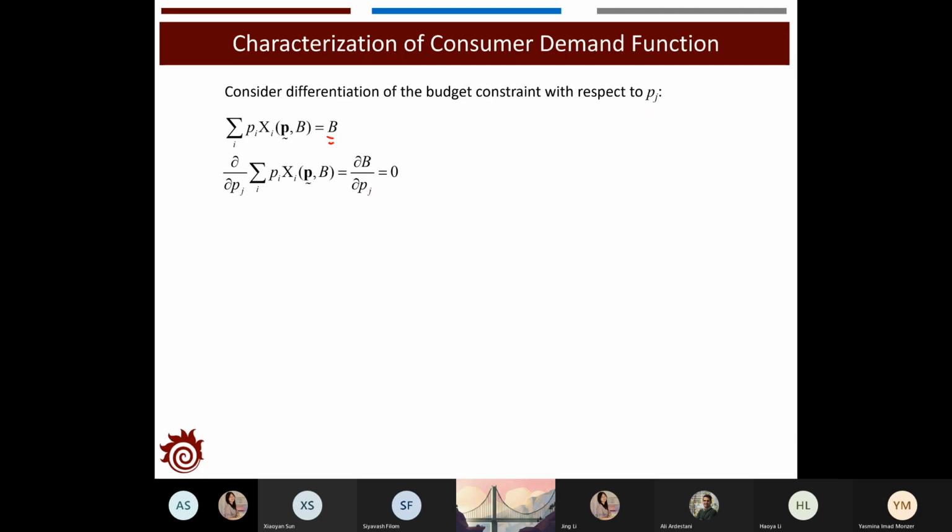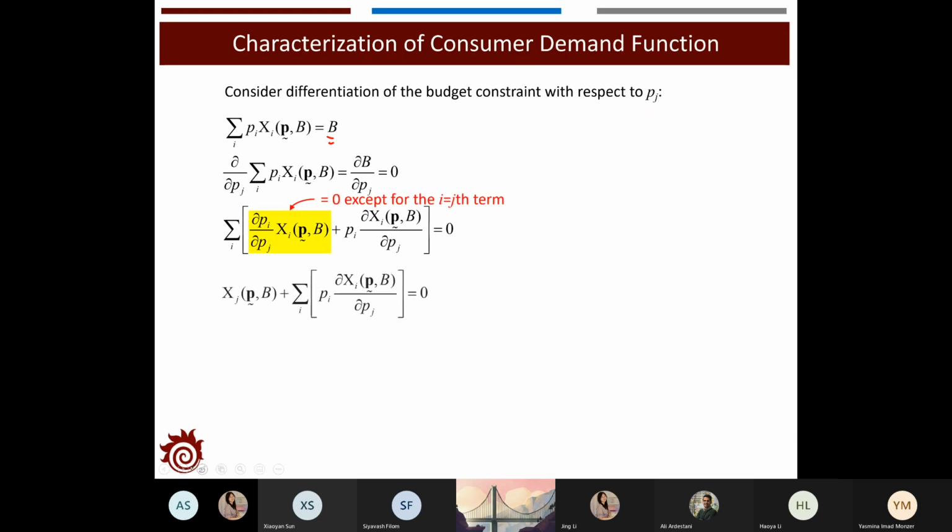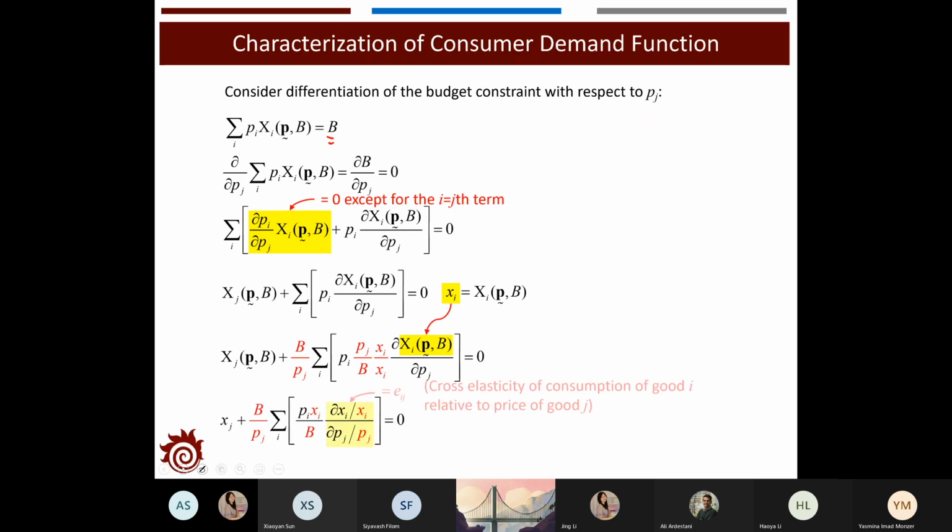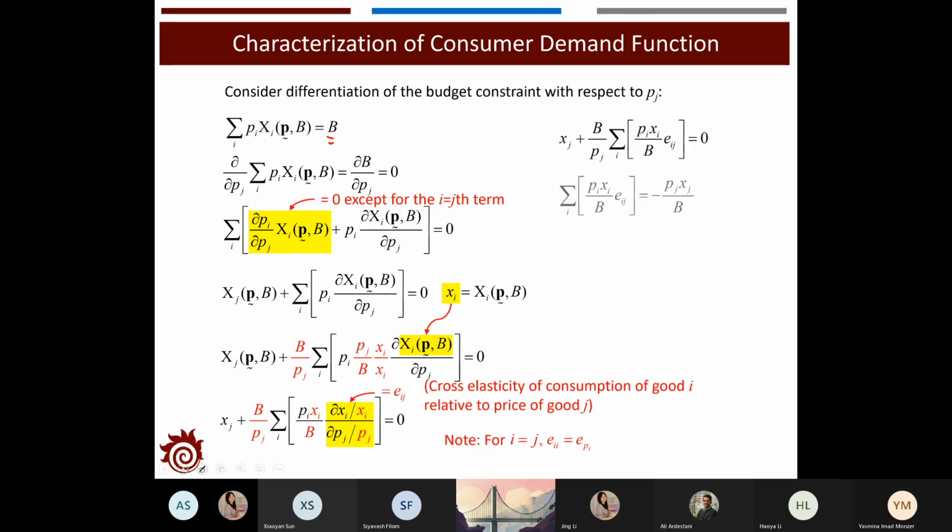On the left side, we do some expansion and simplification. Again, I'm skipping these steps. Once you complete all these steps and do the simplification, you will find that